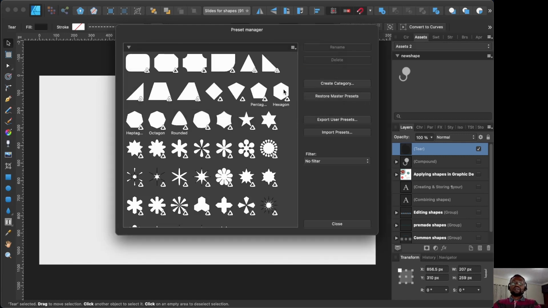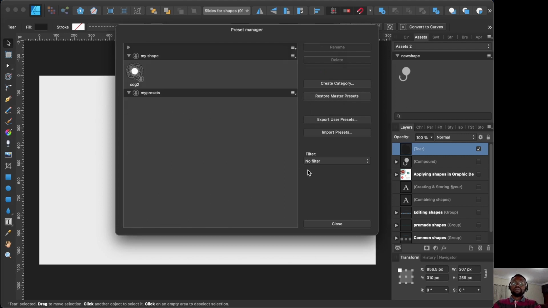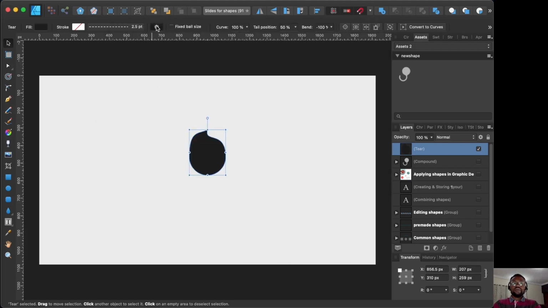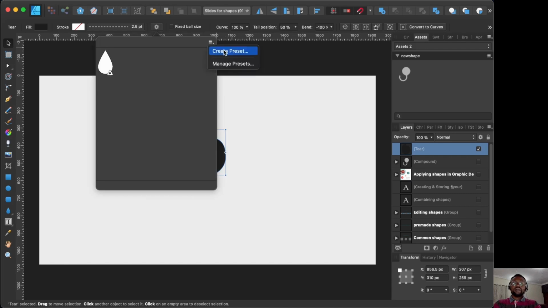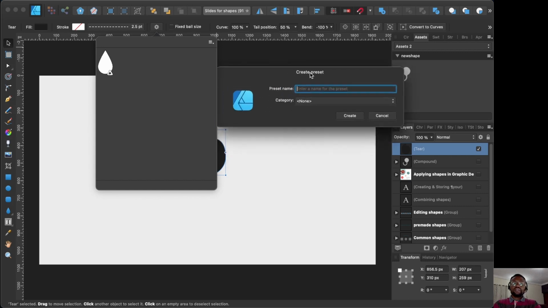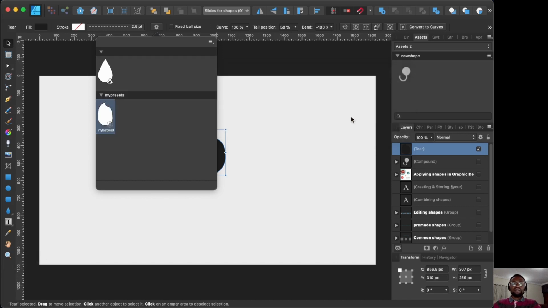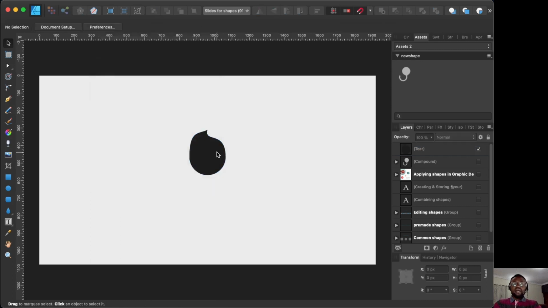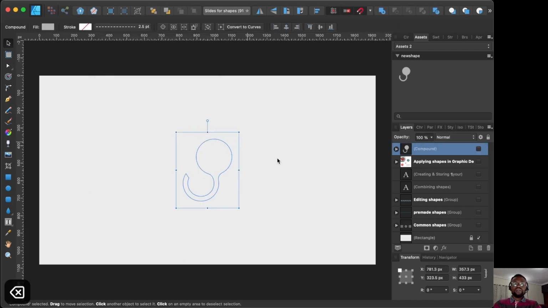Now having created my presets, you close, then you come back to this and you say create presets. Create presets would mean you call this my tier presets, and you put it in your category my presets and you create. Now, with that being said, you have automatically created your own preset, and at different times you can call your